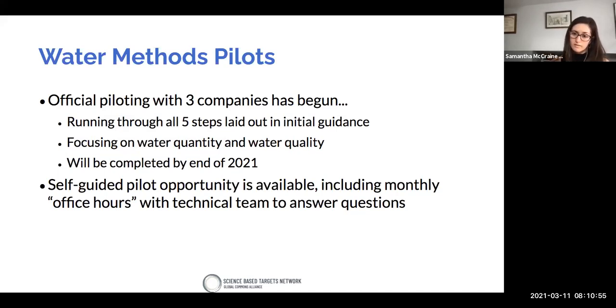So hopefully you all know by now, SBTN is organized into water, land, oceans, and biodiversity hubs. And then we work with SBTi as our climate hub. Within our water hub, they have just begun to test their draft methods with 3 companies. So they're working really closely with 3 companies to run through all 5 steps laid out in the initial guidance, but tailoring that guidance specifically to water. They're focusing on both water quantity as well as water quality, and they're aiming to wrap those pilots up by the end of 2021. So we'll be able to share some learnings from that as we go along,